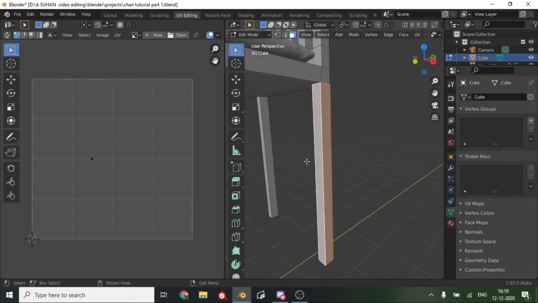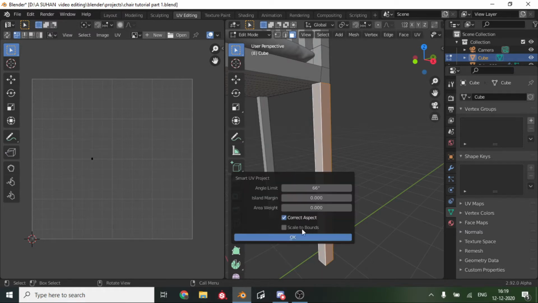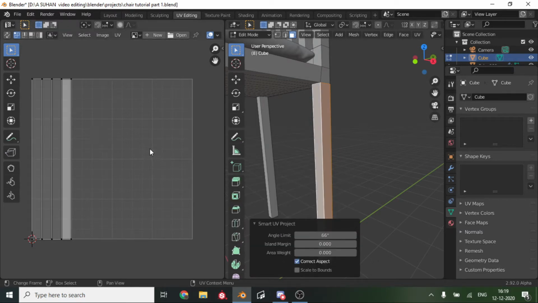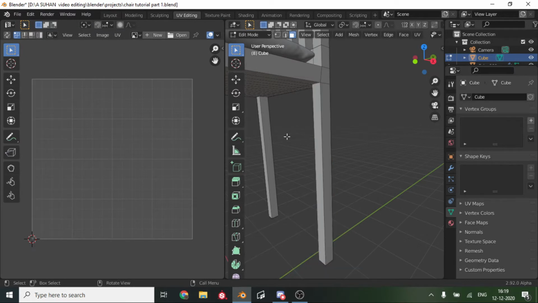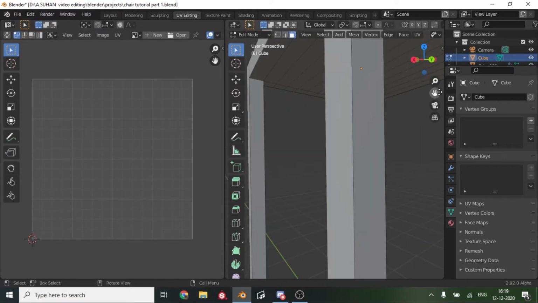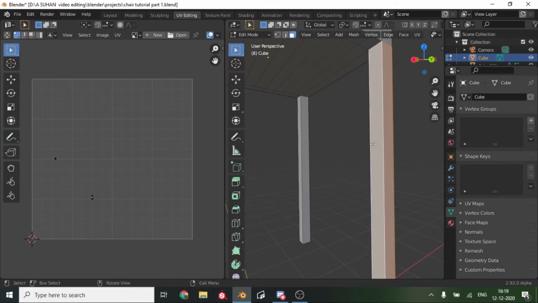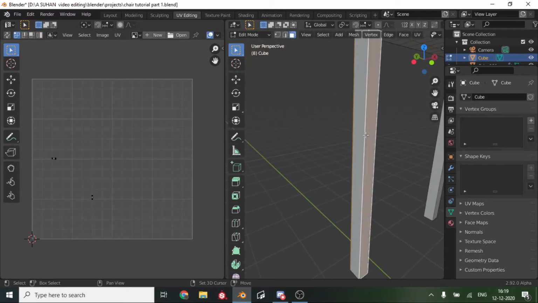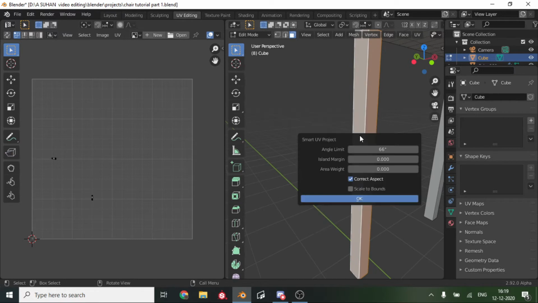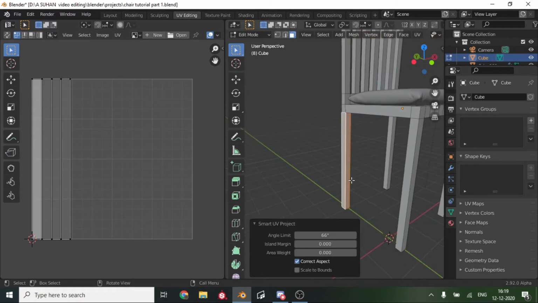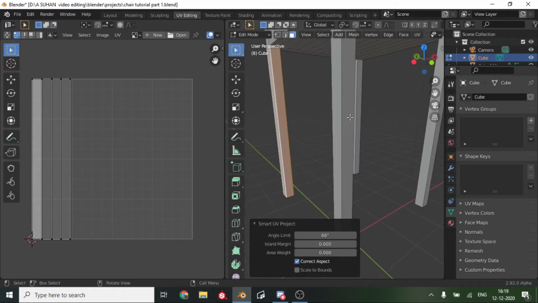Shift selected the whole thing, and if you go U and smart UV project, you can see what it gives us. So that's what you basically want to do. And once you have unwrapped it completely, not just the legs but the whole chair, then we can continue. So I will do that again over here.